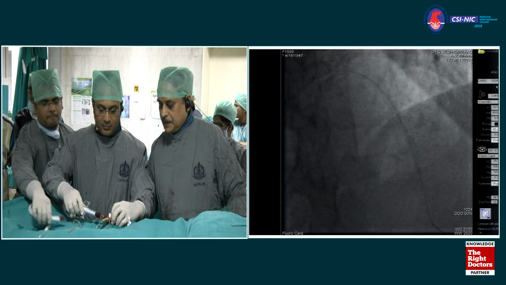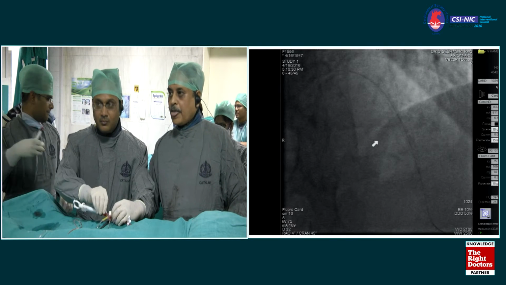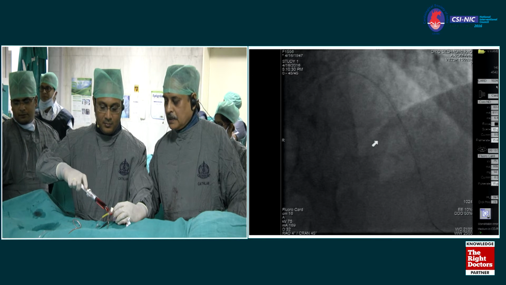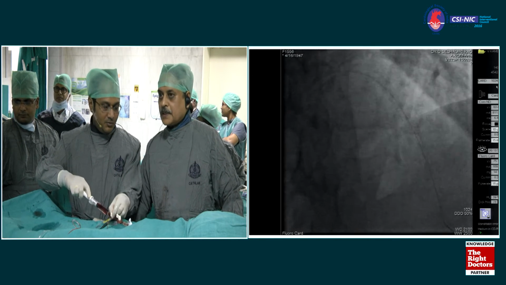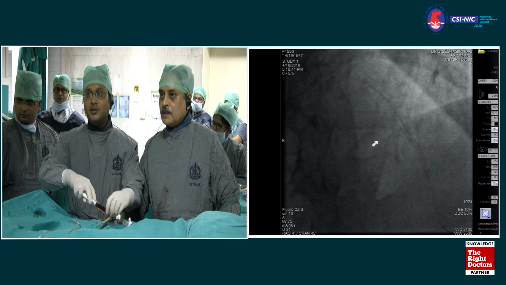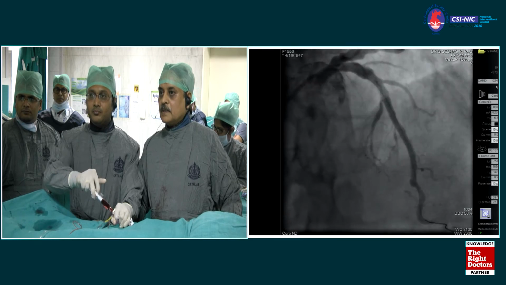I think a 4 balloon in the distal part and a 4.5 in the ectatic segment would be my choice. Otherwise, this is going to be malapposed totally. 4.5 seems to be slightly larger, but still IVUS will decide it. At least 4.2 or 4, minimum 4. No, maybe he's right. We don't know.